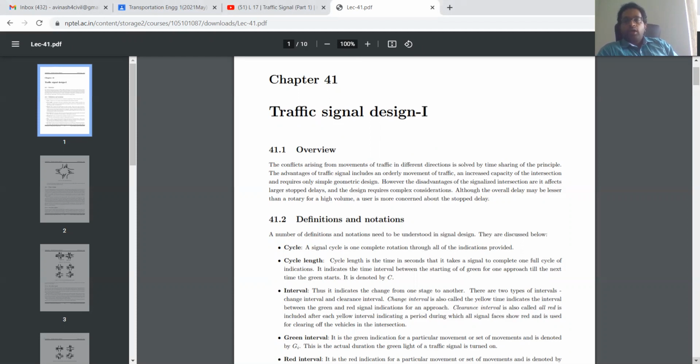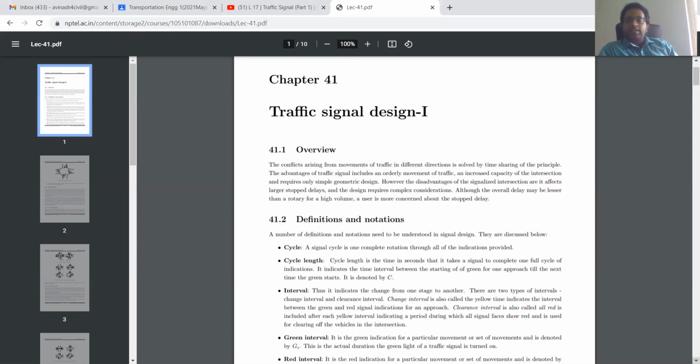For example, consider the case of a signal. Green is starting at one particular indication. Okay, it is indicating that there is a onward movement allowed by green light in one particular stretch. From when the green color starts till the next green color starts, you call the entire length. So after the green, there will be a yellow or amber indication, and then there will be a red indication, right? So starting from one green to the start of the next green, you call the entire duration as the cycle length.